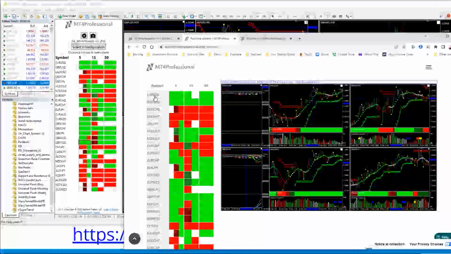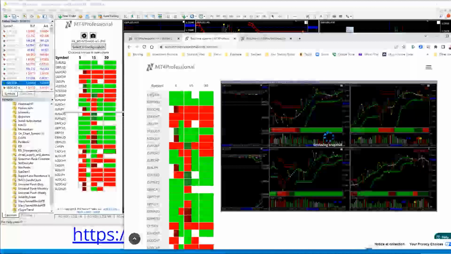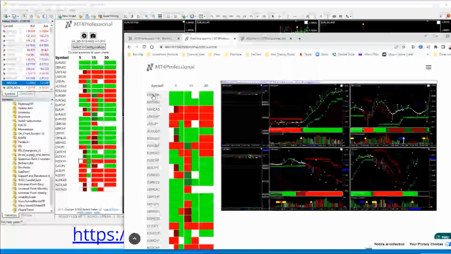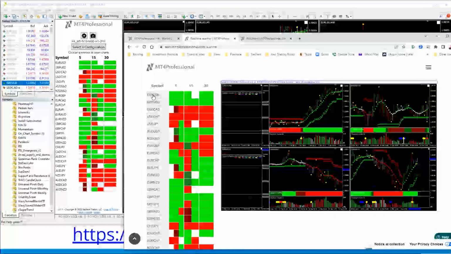If I want to go back to my euro setup, then I'll just click the euro and it's ready to go as well. So the setup is seamless, and it works in the background, and you don't even have to be at your platform to use it. Okay. Oh, that's awesome.